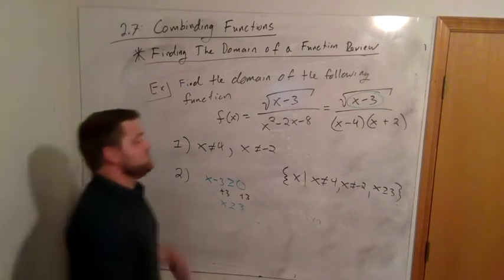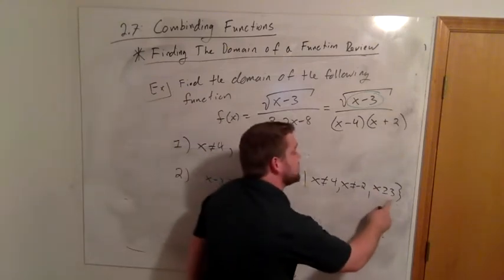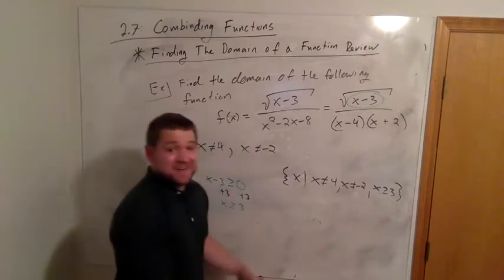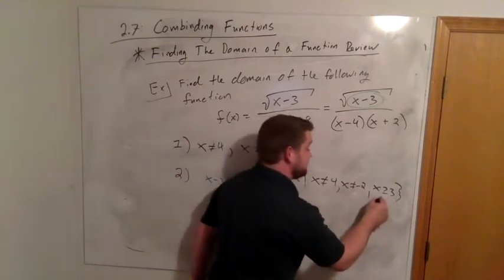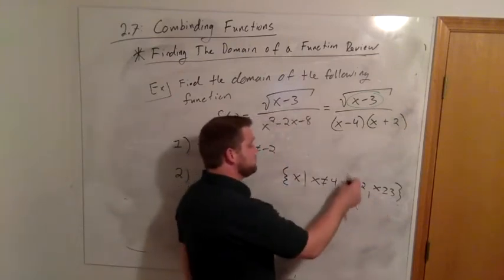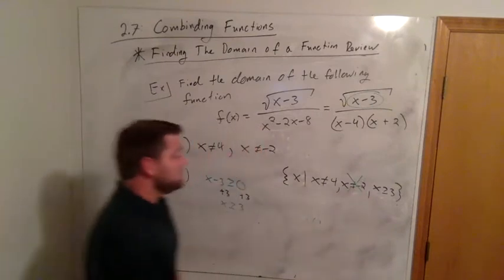Notice, you're saying x has to be bigger than or equal to 3. So why are you telling me that x can't be negative 2? Saying that x has to be bigger than or equal to 3 is already telling you that x can't be negative 2. Be nice to the reader. Don't include more information than you need. That's why I